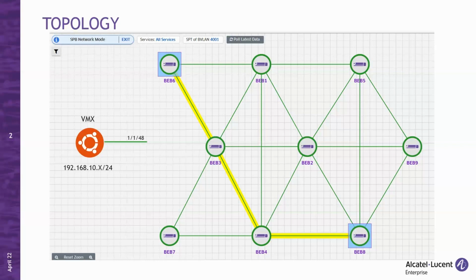This also means that all nodes will be BEBs, as they are all terminating the service. But initially, I will only configure the service on nodes 6 and 8, which means that those nodes will be BEBs, while technically the other nodes will remain BCBs, as they are not terminating a service yet. This will allow me to show you how the transit BCB nodes do not learn any end device customer MAC